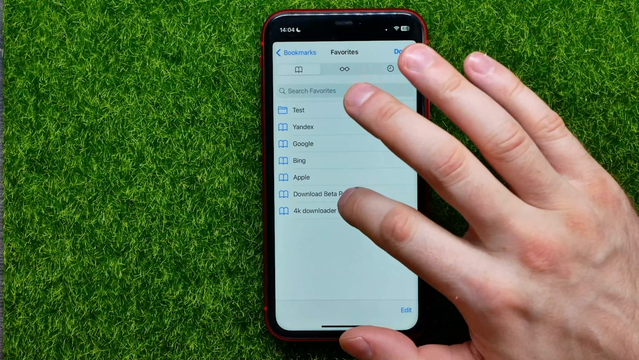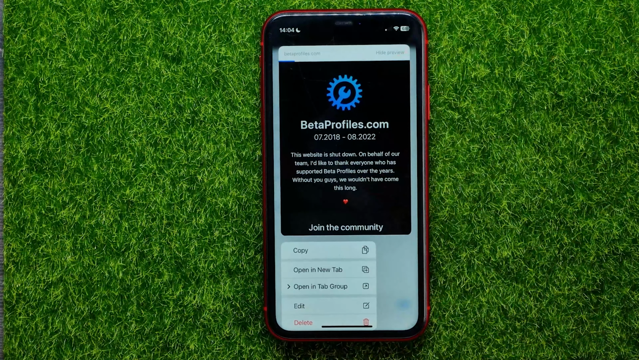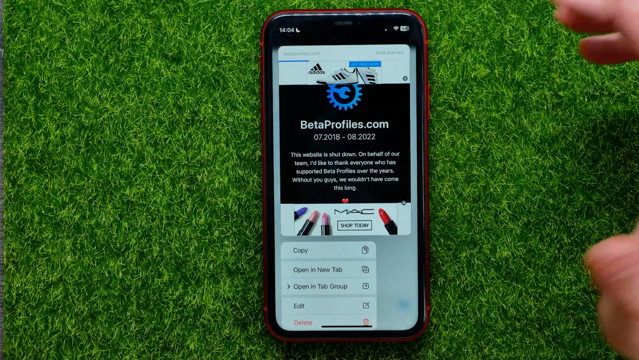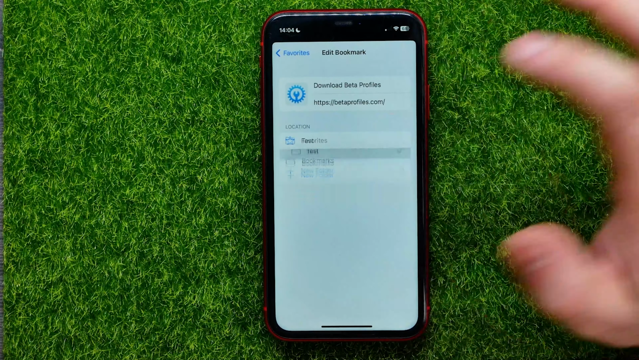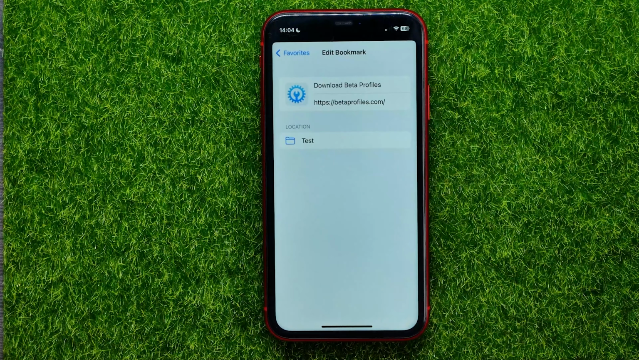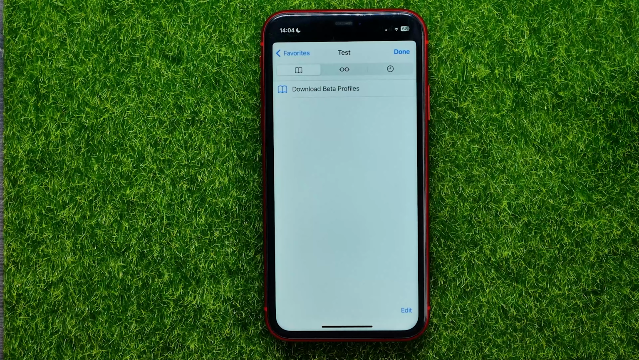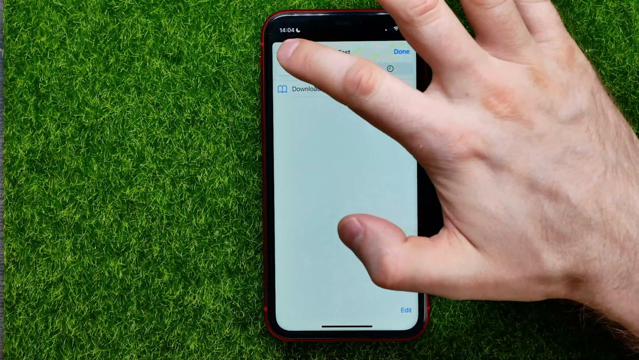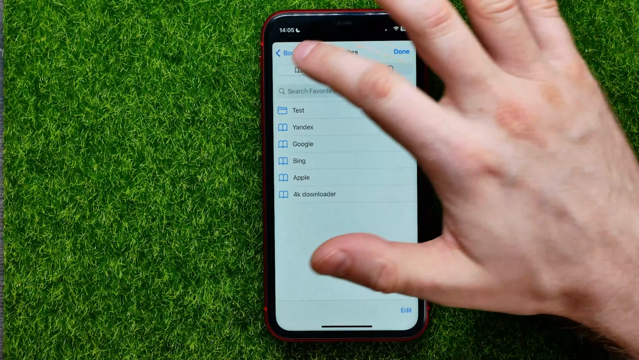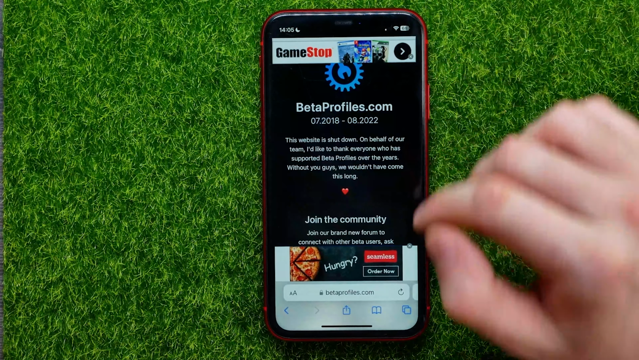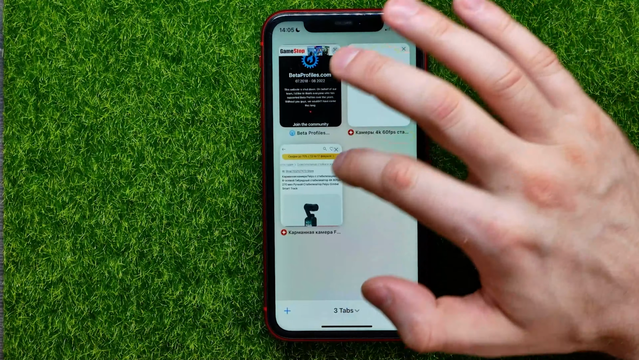All you have to do is just hold down on a bookmark, and then you can hit Edit, and then you can select a new location for that bookmark. So now, as you can see, I have just moved one of the bookmarks in the folder that I have just created. In the same way, you can move any bookmarks in any folders,